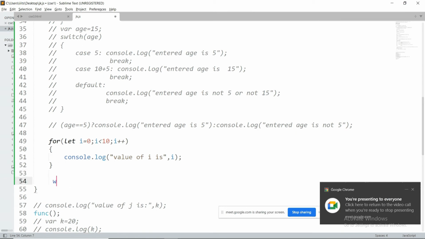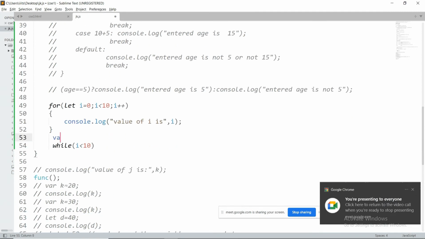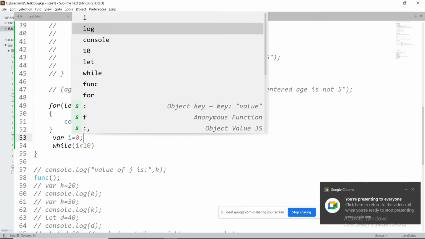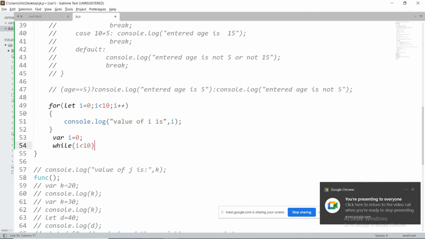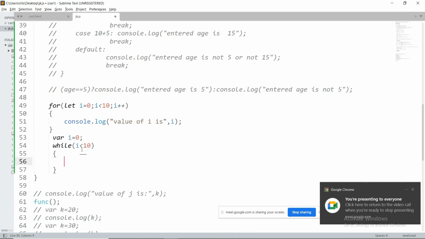How are we going to write a while loop? While of condition. You have to write something like i less than 10. Before using the i variable, I have to declare that variable, where i equal to 0. Then after this condition, I have to write some set of statements: console dot log of i.